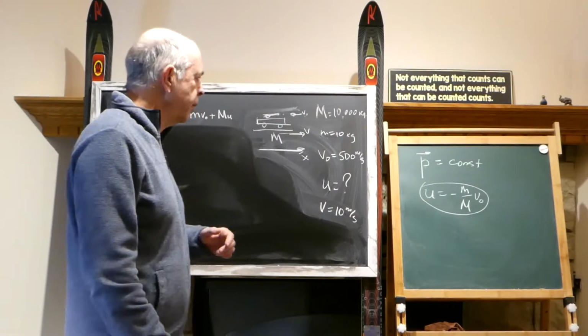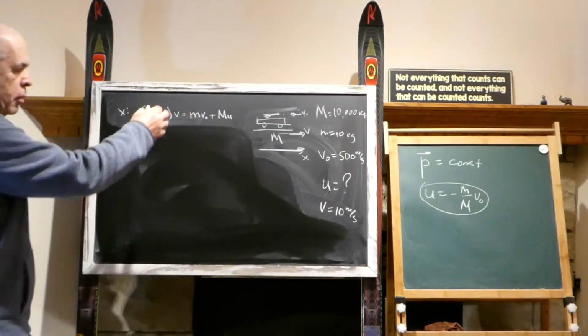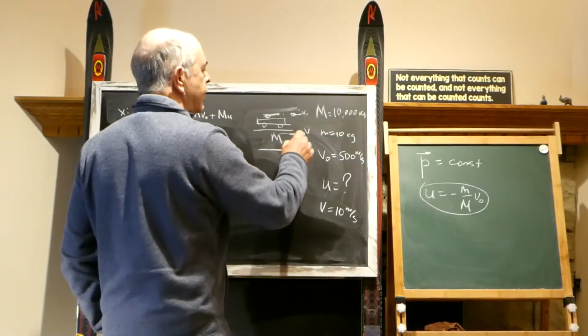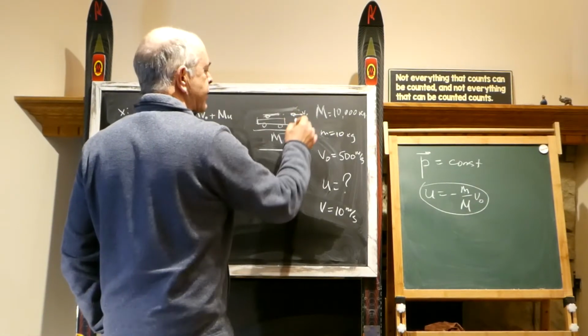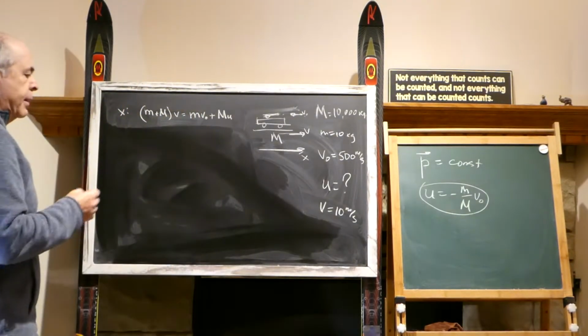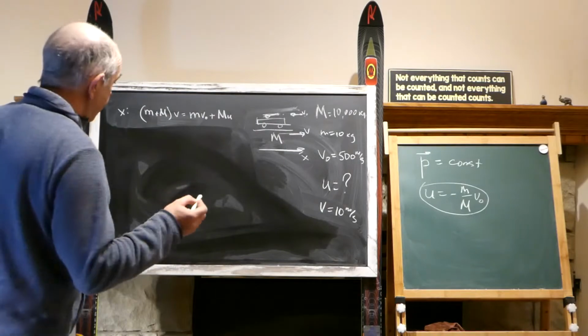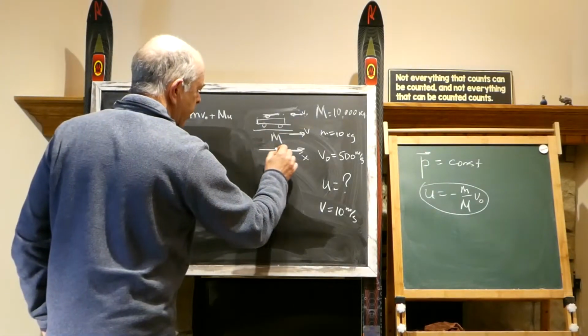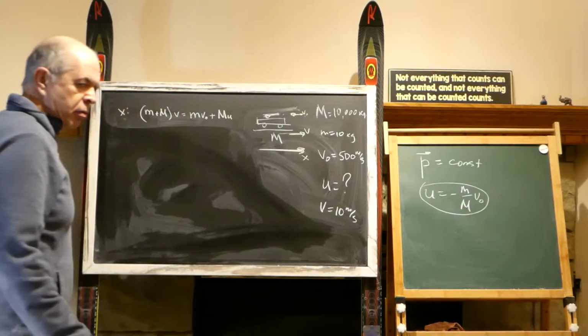of the previous problem. And I want to solve the same problem about the platform that moves with velocity v and a cannonball fired with velocity v0, but I want to solve it a little bit differently and come to the same result. Before, we were solving it in the system of coordinates related to Earth.